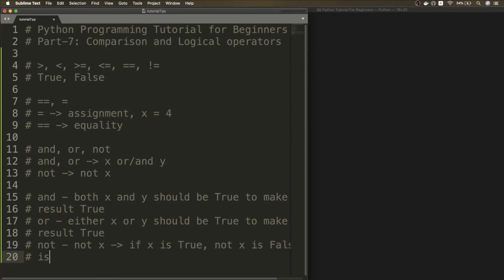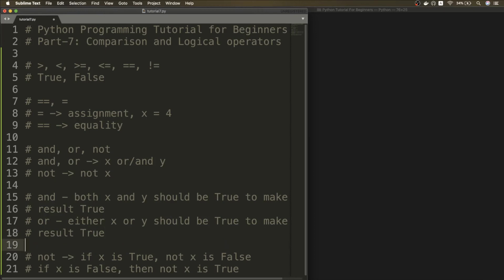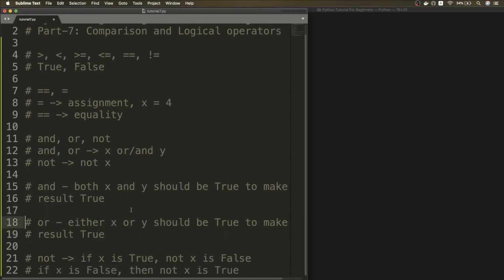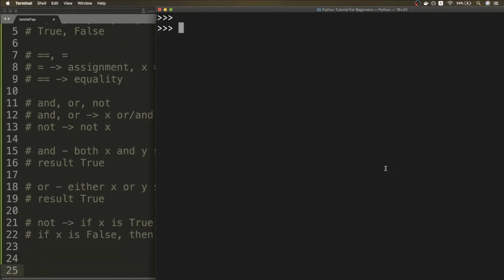If X is false, then not X is true. So this is the meaning of the NOT operator. So let's just leave a space. Now let's see how we use these in programs.